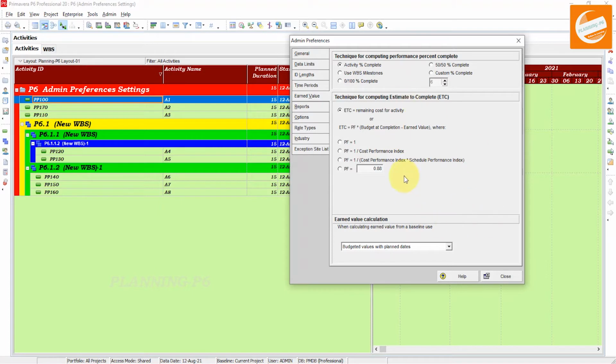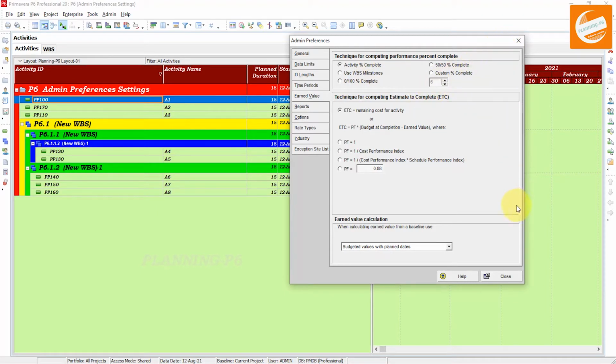I will describe these in three different videos, then you can exercise. Today we will discuss the technique for computing performance percent complete, and the first one is activity percent complete. So with activity percent complete, the performance percent complete will be equal to the activity percent complete.